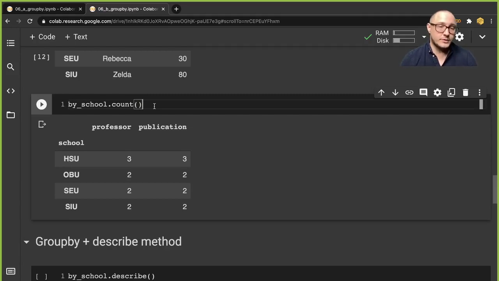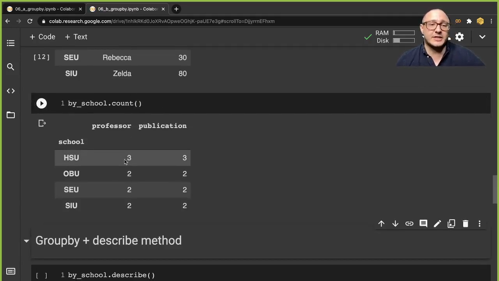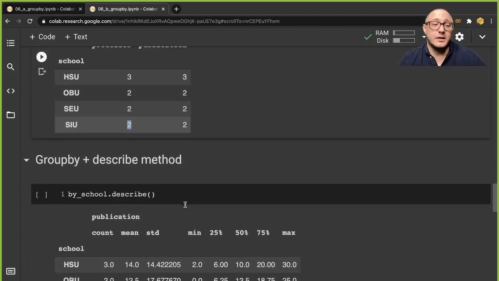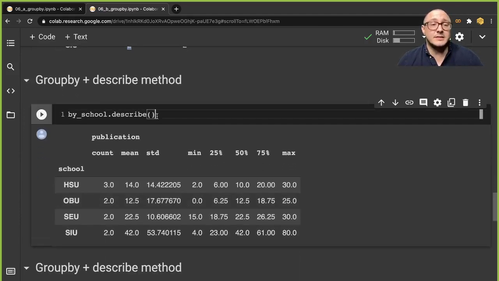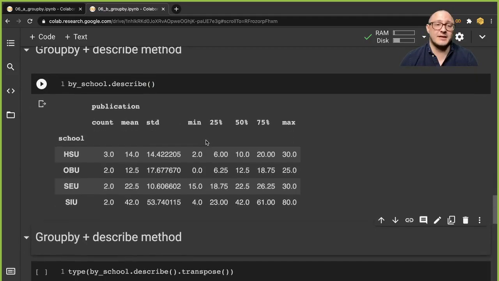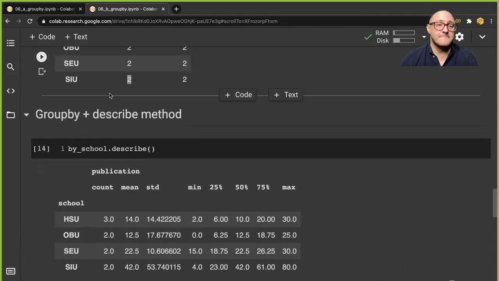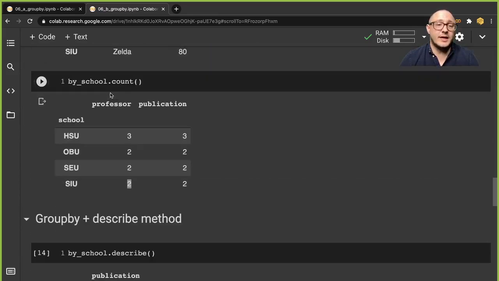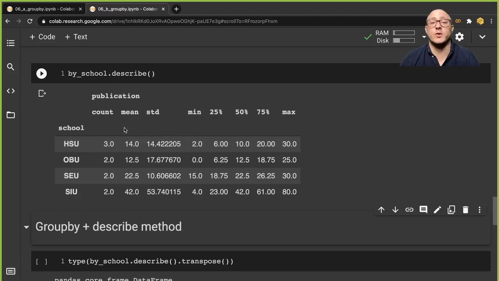Now, if you do the count, you notice it will actually count out how many unique individuals there are in each of these schools in this data set. Now, one of my favorites to do, though, is using the describe method, because when you run this describe method, for example, on this data set, you get all of the statistics that you normally would want for every group. And so this is a fantastic, beautiful way to describe your